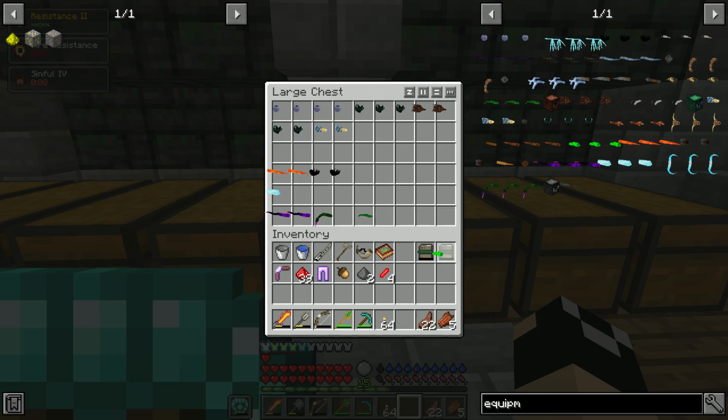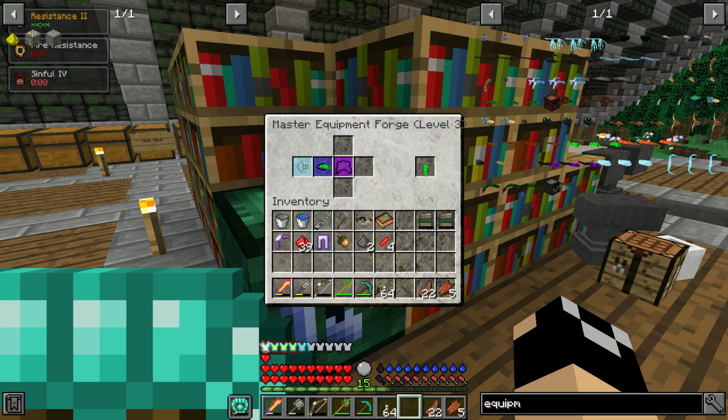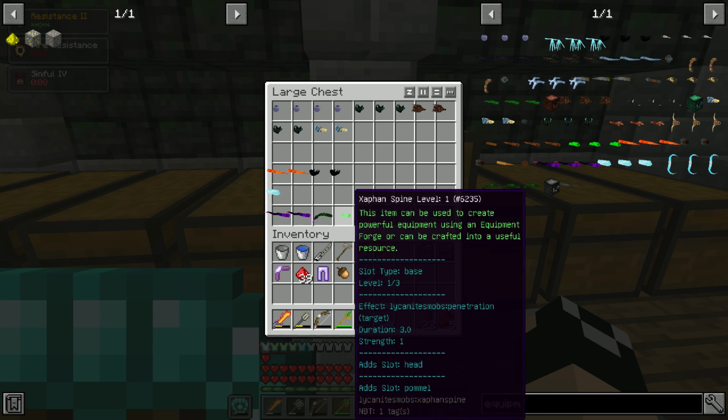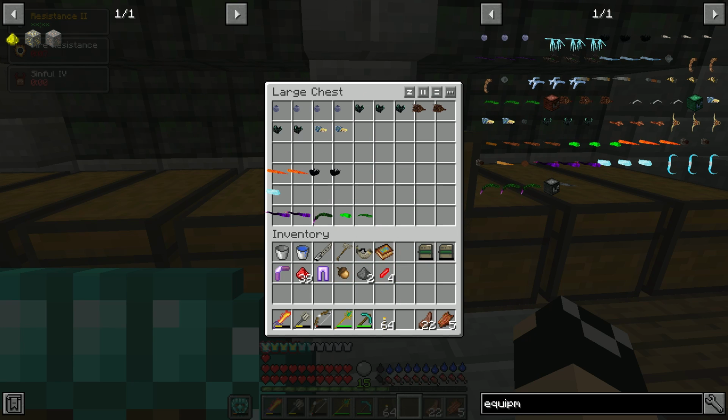That's going to add, for example, if I take this base and I put this into here, it's going to add a pommel slot and it's going to add a head slot. But I actually don't care about having a pommel on this piece. So I think what we're going to go with is going to be like...